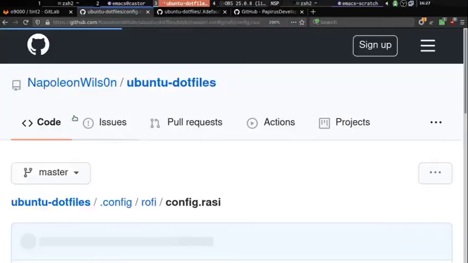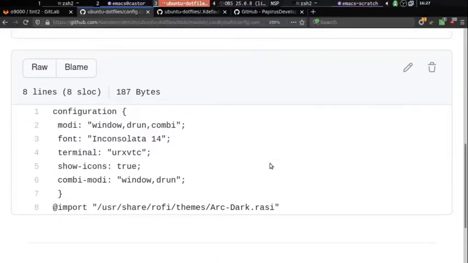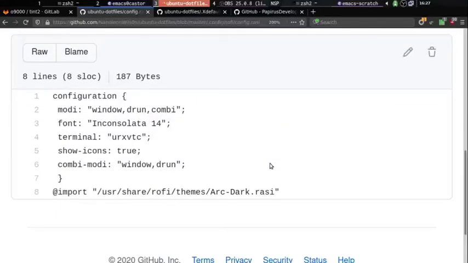By default, the location of the configuration file for Rofi is .config/rofi/config.rasi, and I did a video on this that you can watch explaining this. Basically, this is the configuration: the modes that are running, like the window chooser, drun, the font, and the terminal, show-icons true, and combi-modi window, drun, and import /usr/share/rofi/themes/arc-dark